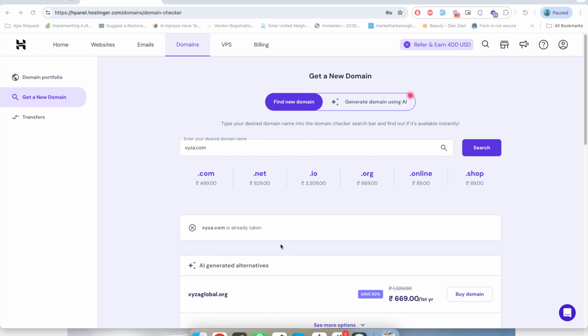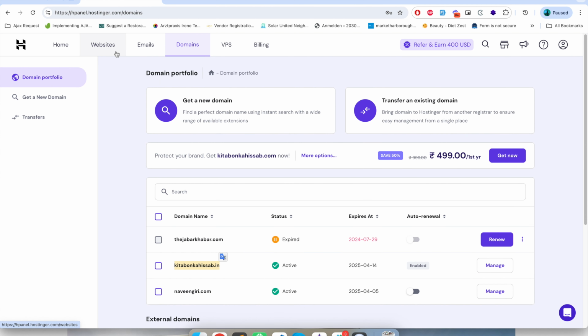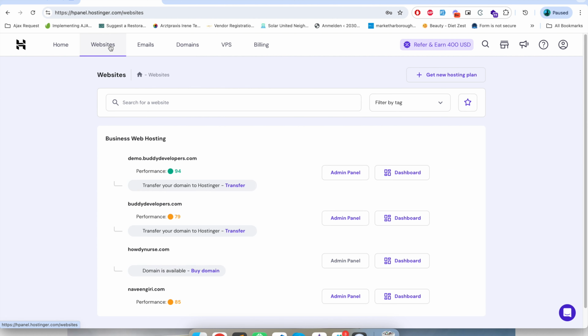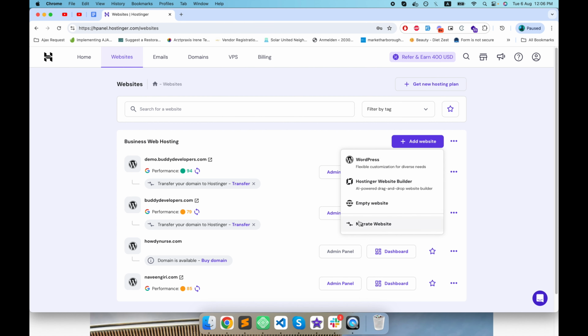Once you're done with buying a domain name, the next step is to install WordPress in that domain. I already have a domain name called kitabukahisab.in. I will copy it. In order to set up a website in this domain, I will go here in the website tab and then click on add website. Here you have several options like WordPress and hosting, a website builder, empty site, and if you already have a website, you can migrate that website by clicking on this. I want to set up a WordPress site, so I will click on WordPress,